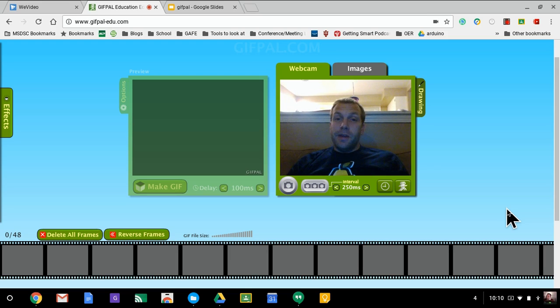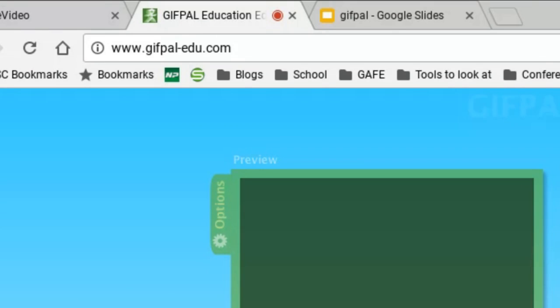Animated GIFs are a lot of fun. They're really cool because there's all kinds of animated GIFs out there of movies and scenes and whatnot, and people can make their own. But I really like this one right here. This is called gifpal-edu.com. I recommend trying it out because it is a great way to create your own animated GIFs straight from